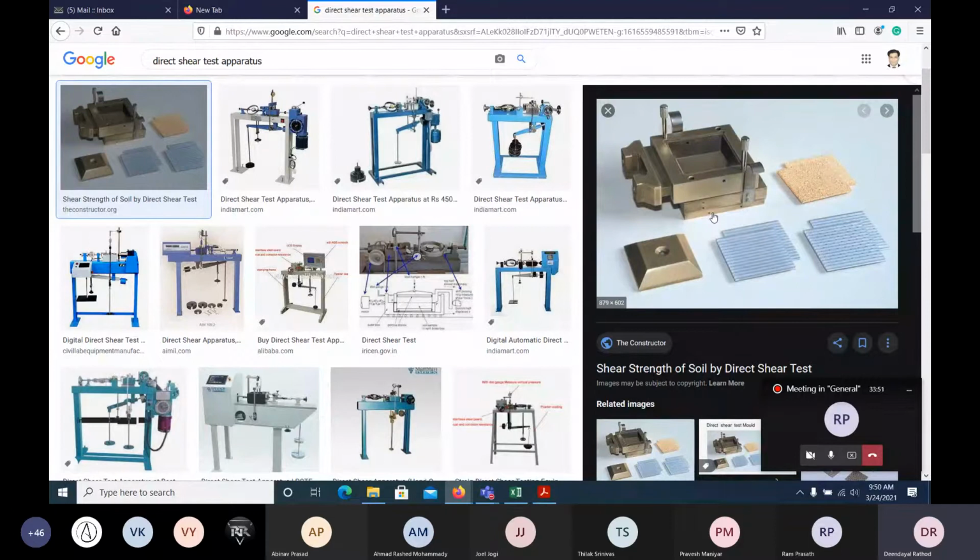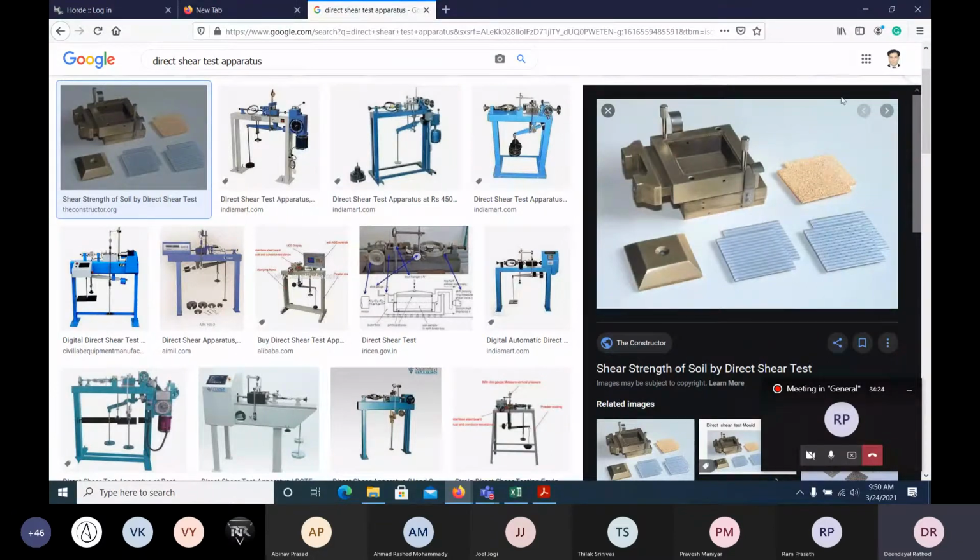Gravelly, sandy soil will have more shear strength than soil with clay content. Generally clay will have very little shear strength, so it is very soft. When you add water to the soil, it will have even less. Whatever shear strength the soil has is all because of cohesiveness. That is the C parameter. Understand? But in sandy and gravelly soil, in addition to C, there would be phi also, the angle of internal friction. There would be some friction between the particles.